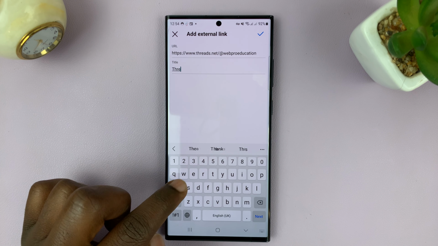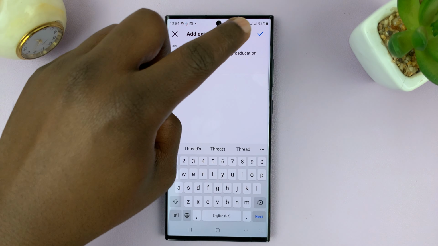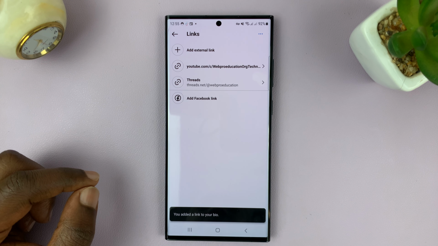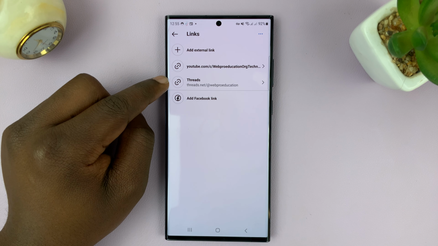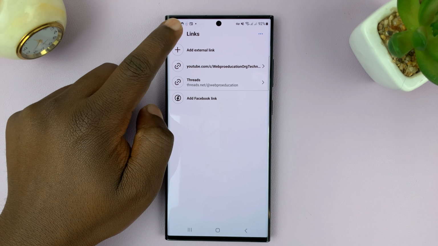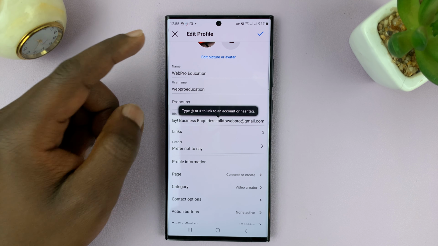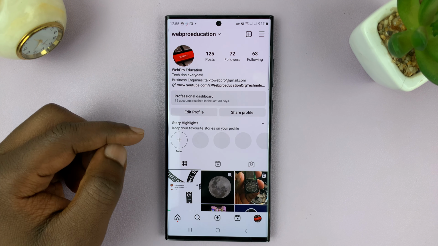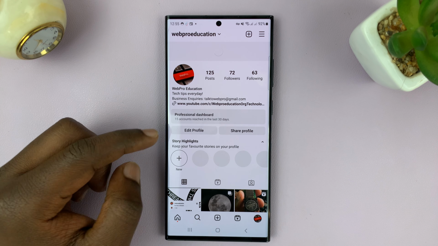Let's call it Threads, and then tap on OK, or this check mark in the top right corner, and that's going to save your link as Threads, as you can see. So now when you go back to your profile page, make sure you save changes. And so now on your Instagram profile,